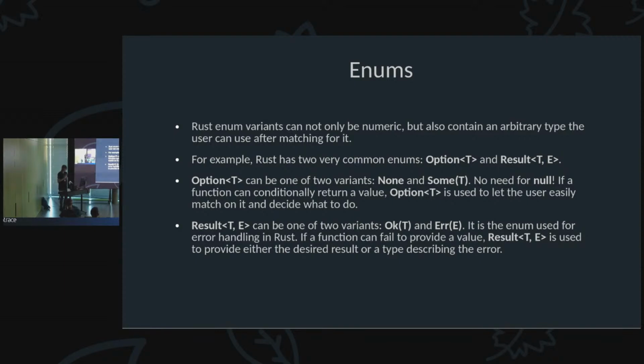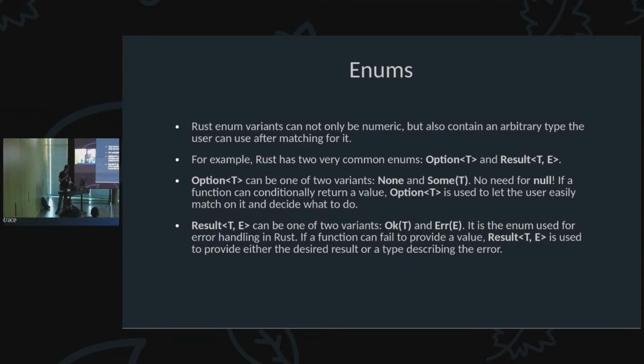Result can be one of two variants as well, OK and Err. This time, though, the OK variant, which would have been equivalent to None before, does contain a value T, and Err contains a value E. It is the enum used for error handling, and if a function can fail, it will simply return a Result. T will be the type you want to return, and E the type containing the error information